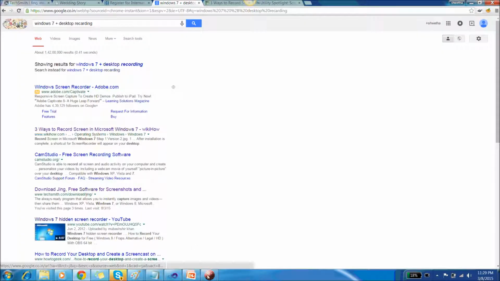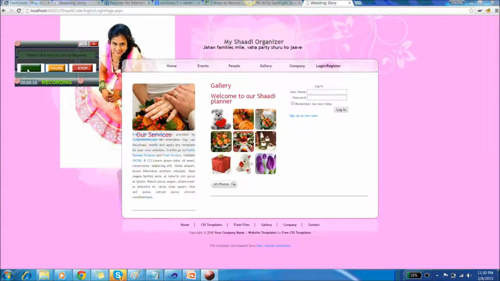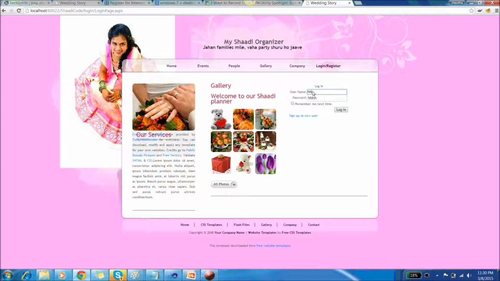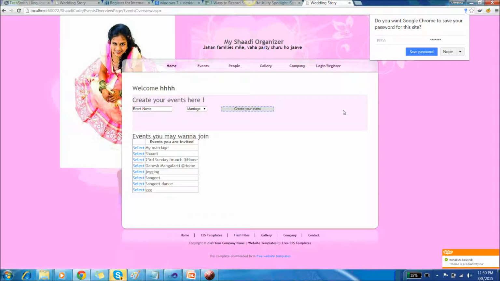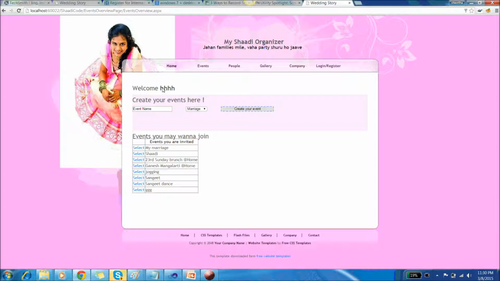Let's log in to the system as user HHH, who is a relative of SSS, and SSS has already assigned some task to HHH, so we get to see that. When the user logs in, HHH has no event coming up, so there's nothing under that category. But he sees the events to which he has been invited, which is present in the last section. One of them is the My Marriage event, which is created by SSS. So he goes into that page by pressing select,